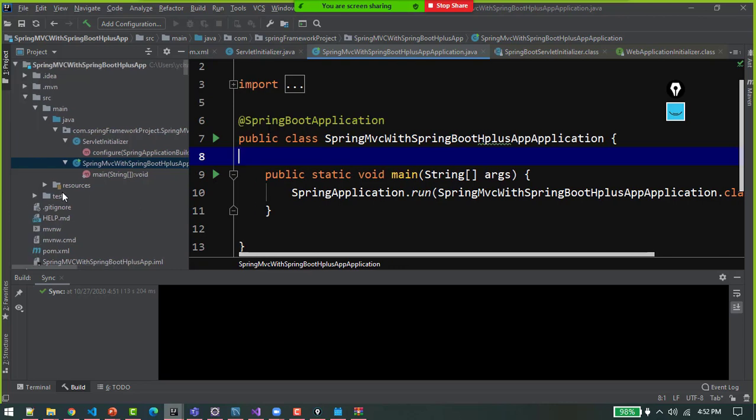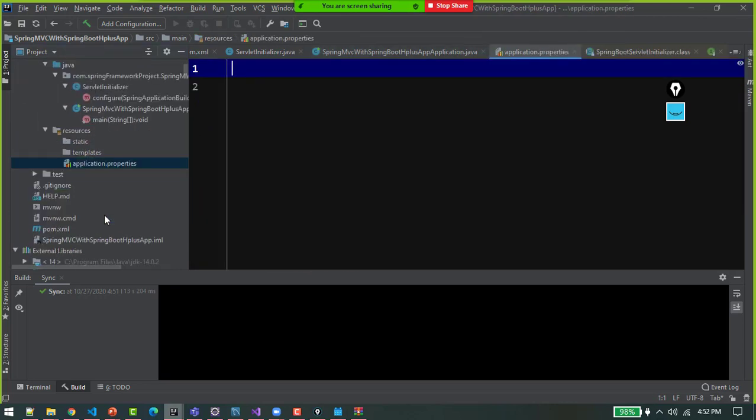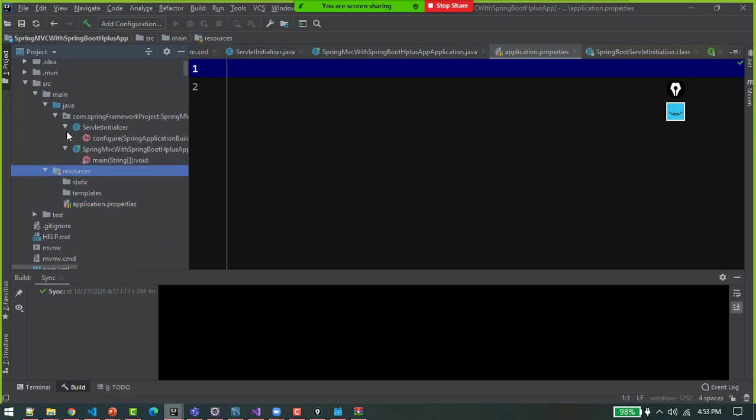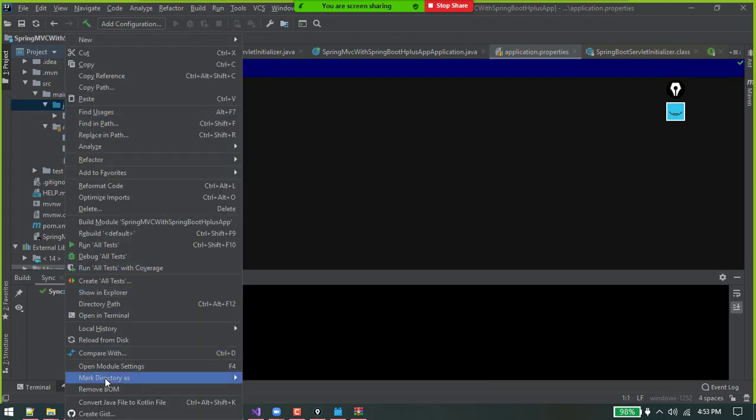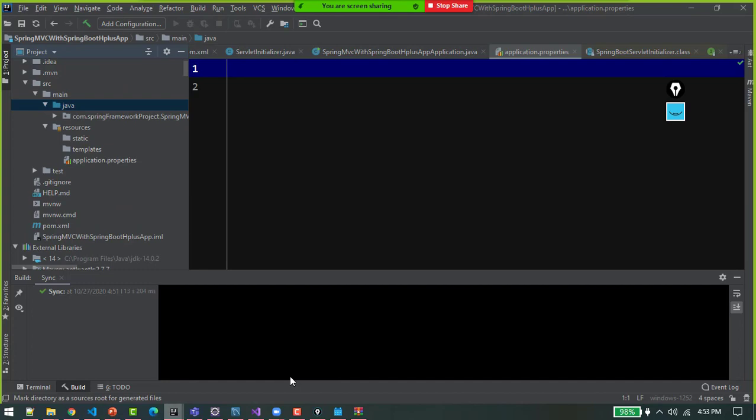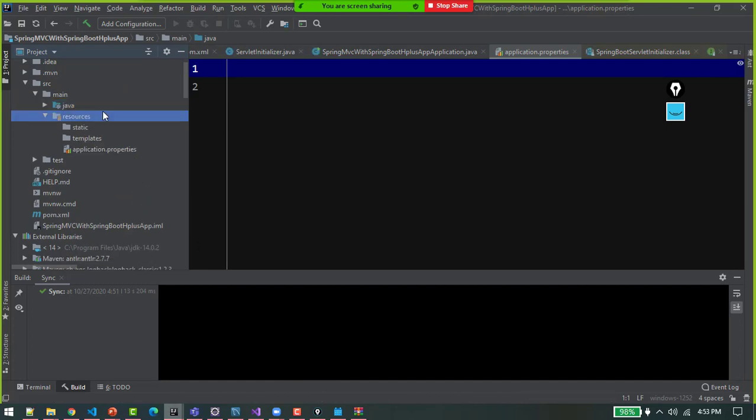We have MySQL. So I have got application.properties. I will mention all the features to talk to the database, and I will mention the port number over here. So once this project comes in shape, I have got resources folder. Under that I have got static folder. So webapp folder did not come for us. I mean, src main is there, src main java is there. I can mark java folder as generated sources root. It will only have class files.